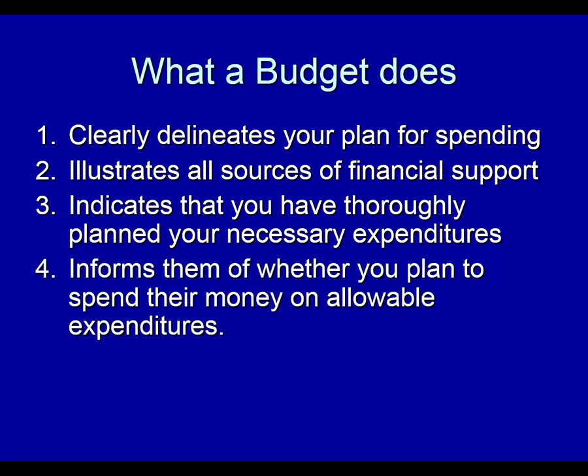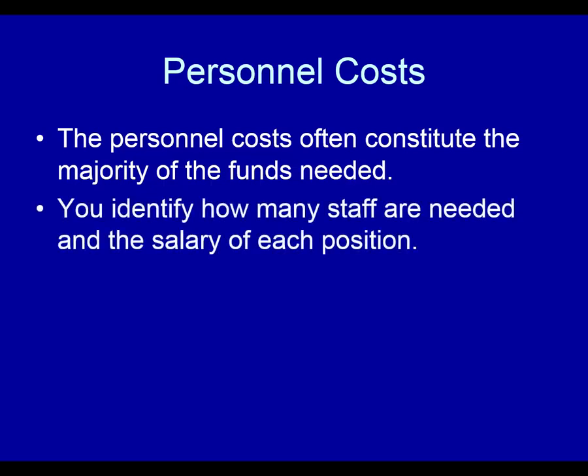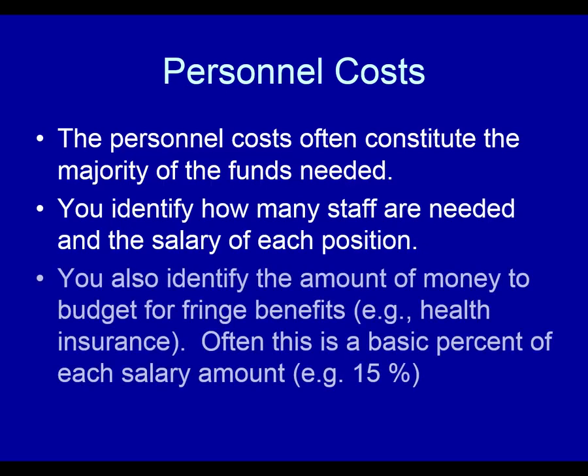It also informs them, or the funding source, of whether you plan to spend their money on allowable expenditures. Personnel costs often constitute the majority of the funds needed for a human services kind of grant. You identify how many staff are needed and the salary of each position. You also identify the amount of money to budget for fringe benefits, such as health insurance. Often this is a basic percent of each salary amount. You might add 15% to each salary figure to represent the fringe benefits for each